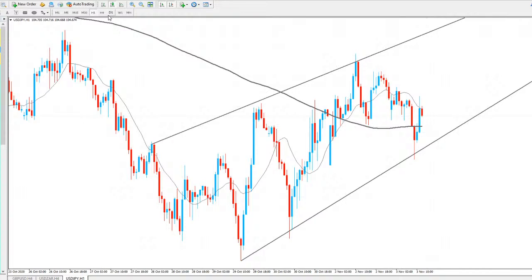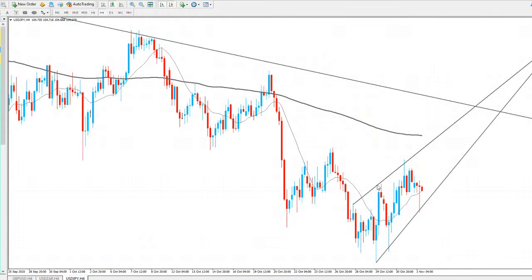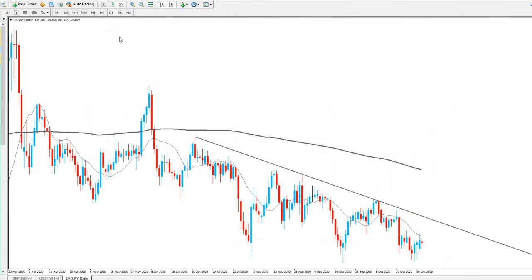So I hope that helped. But again, from the longer term time frames, expecting a move to the upside. But again, like you said, we could be having a move to the downside first before the overall move to the upside does happen. And finally, we're going to take a look at NZD CAD.